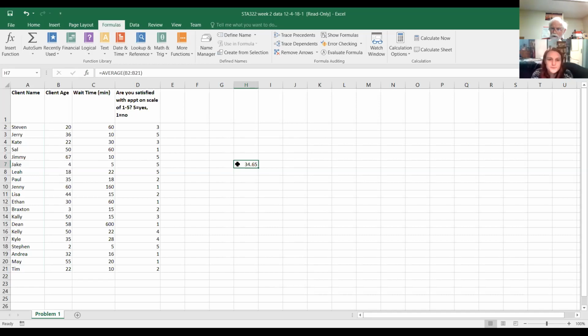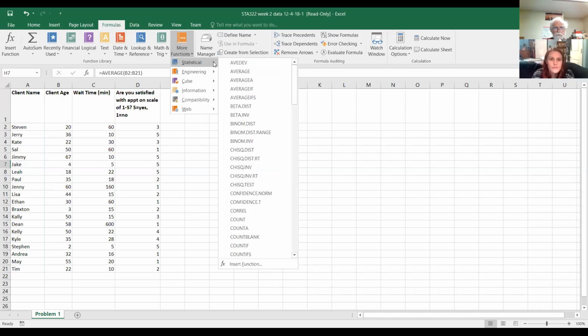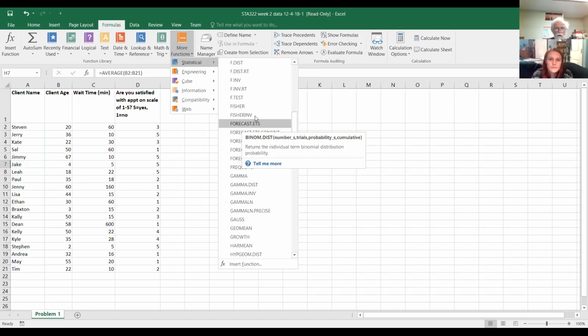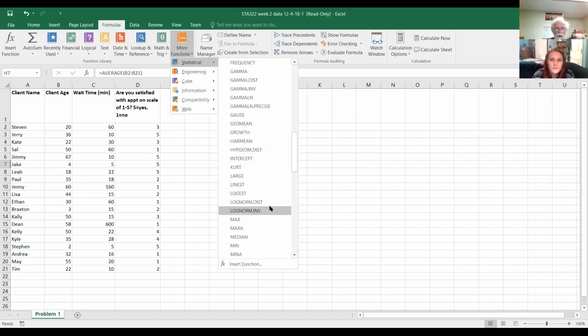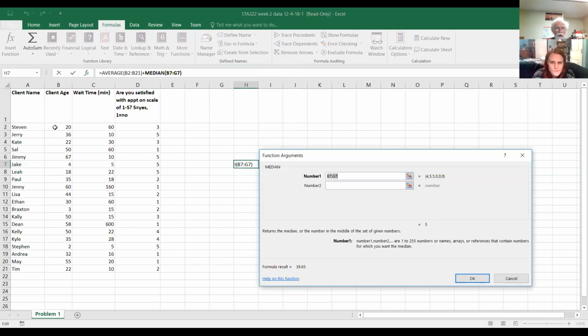Excel doesn't recognize those rules very well. So we have to do that on our own. But if you just provide the Excel result, that's really what we like. So let's go and look at others. You were also supposed to calculate the median. So if we go down here, median is one of our functions. And it pulls up. And again, if we simply